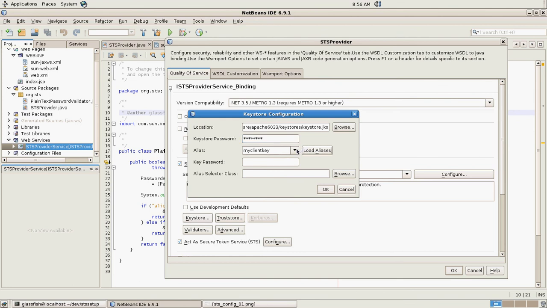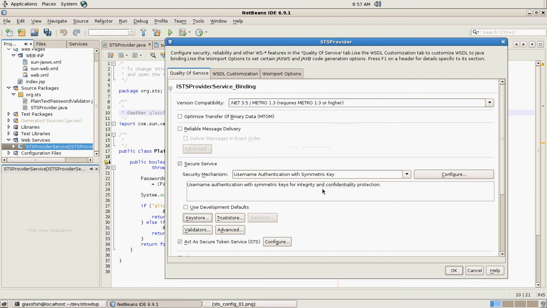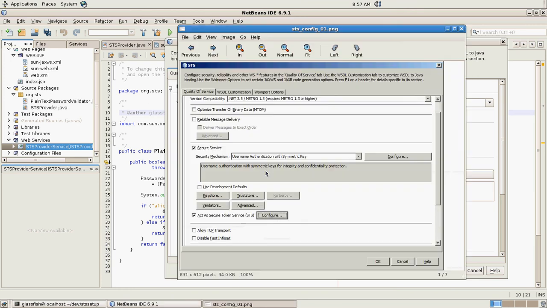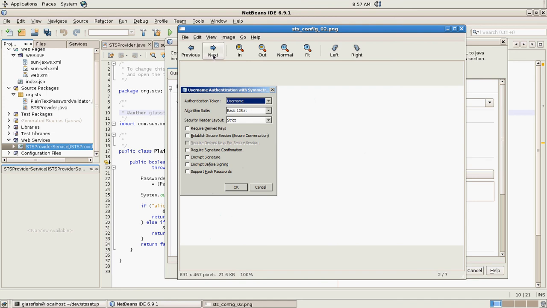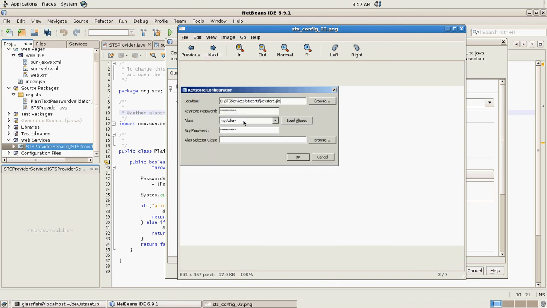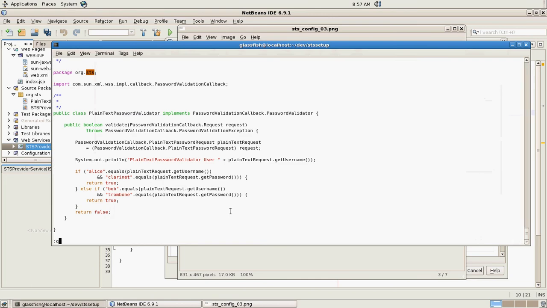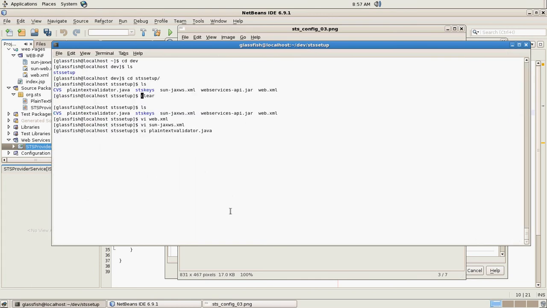Now we can load our aliases, and the alias we want here I believe is the STS key, and we want the STS key pass. Now we can verify that because if we look here in the next one, we have our username and we pick the MySTS key, and if we go back here,